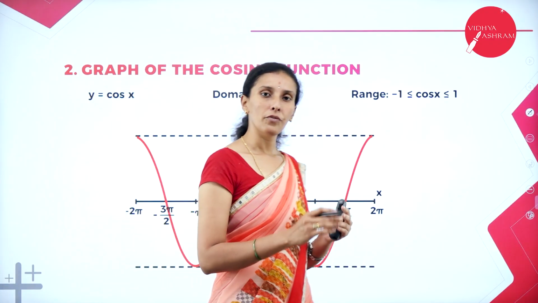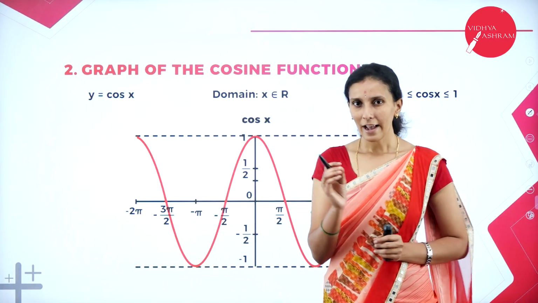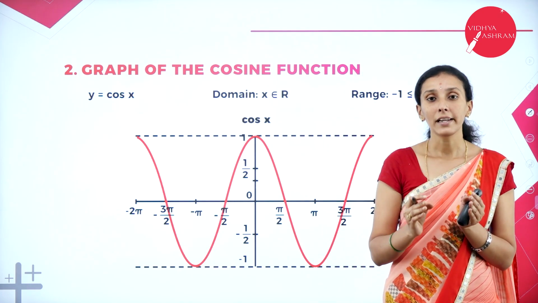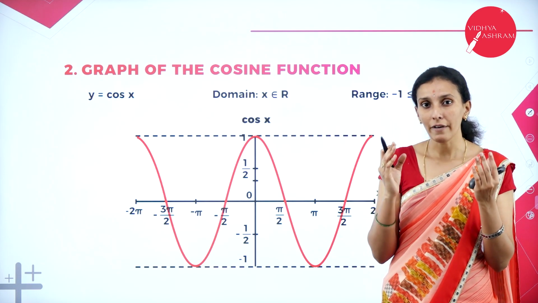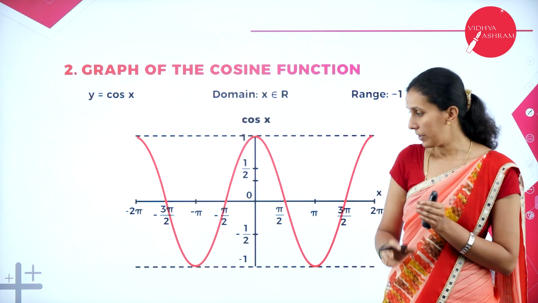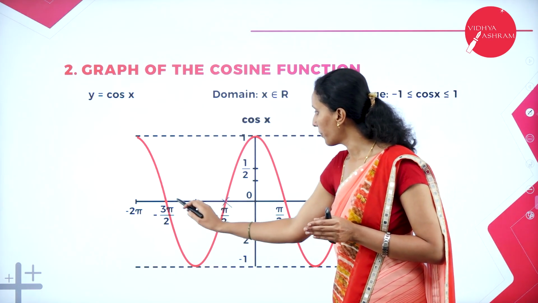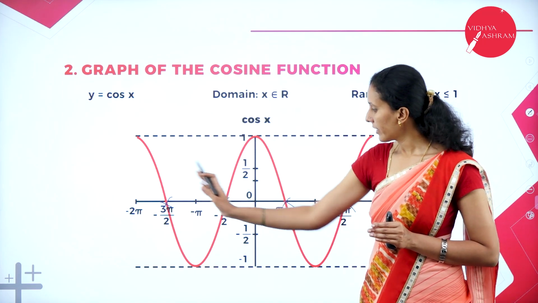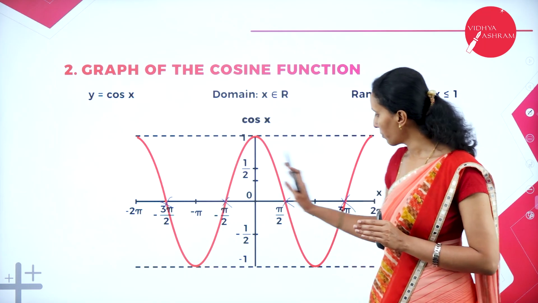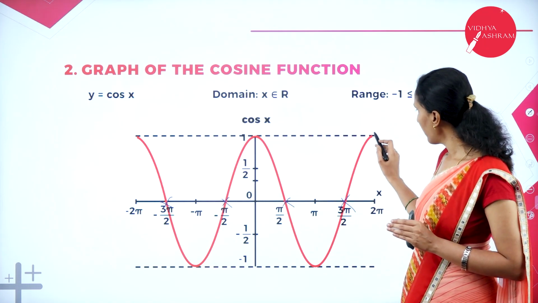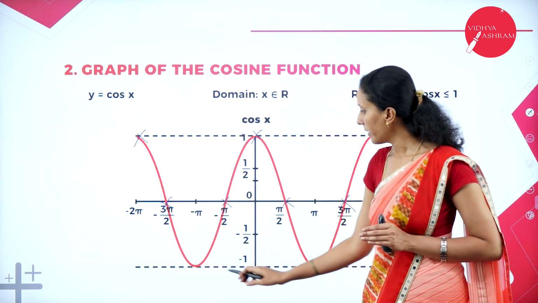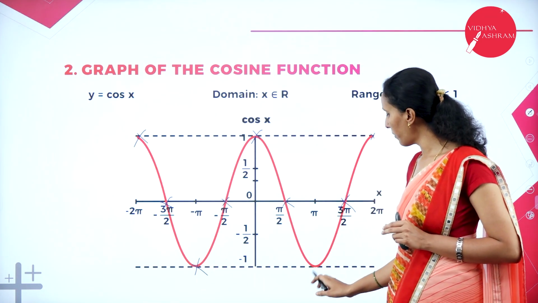The same concept is for the cos function, but the graph slightly changes because cos is 0 for odd multiples of pi by 2. Wherever you get the value pi by 2, 3 pi by 2, 5 pi by 2, 7 pi by 2, there the cos function is 0. You can see here that this is the negative and this is the positive side I have taken. Again, I have reduced the interval from minus 2 pi to plus 2 pi. The maximum value is at 180 degrees, 0, and minus 180 degrees. The minimum value is at minus 180 and positive 180.